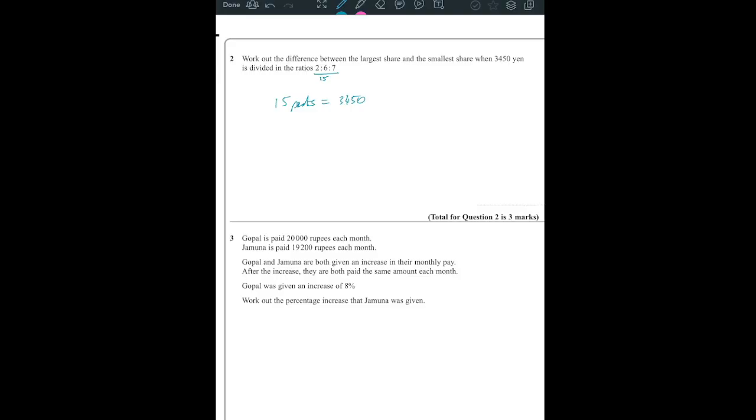Dividing through by 15 tells us that 1 part is worth 230. So we can now turn this ratio into actual yen. So 2 lots of 230, 6 lots of 230, and 7 lots of 230